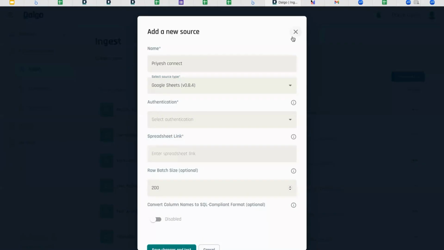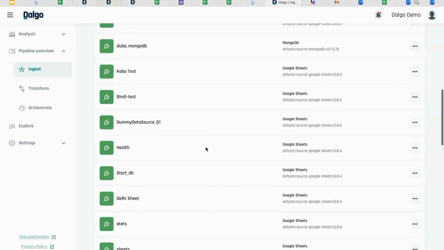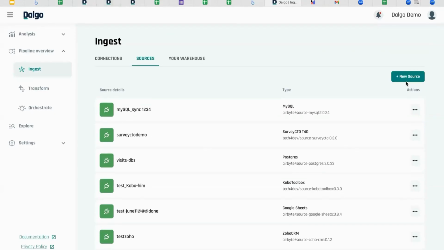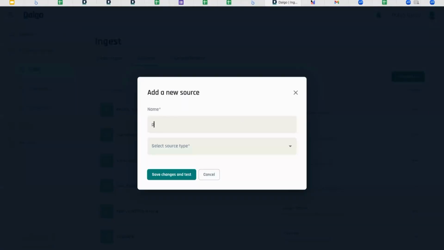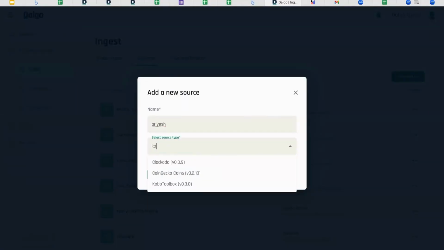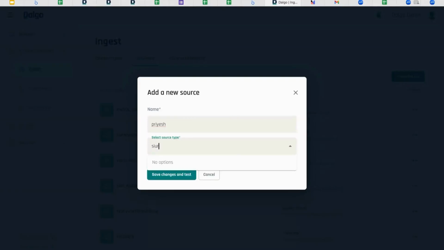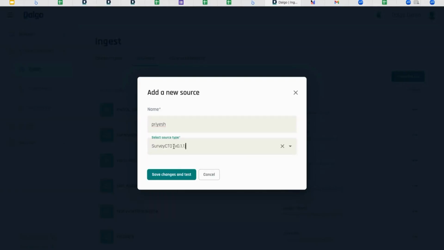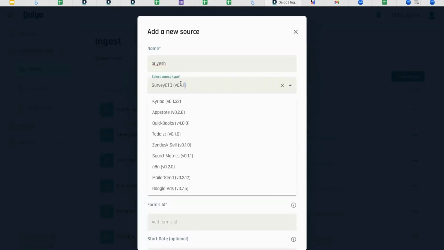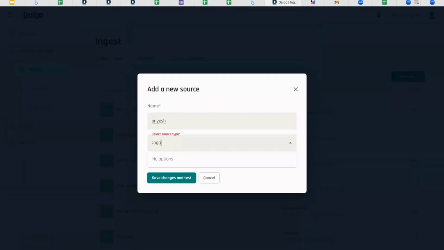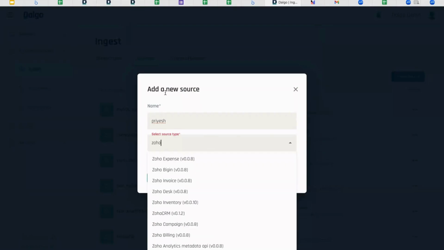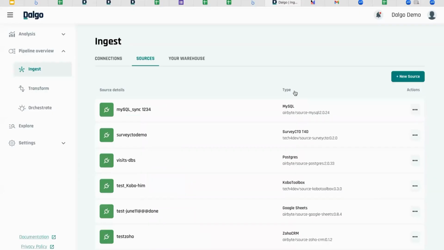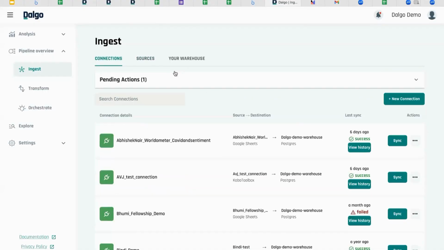So after that connection happens, we save the changes and we get the connection as we are seeing over here. It can be Kobo, it can be Survey CTO, similarly the fields will open up जितनी भी हैं, it can be Zoho, Salesforce, etc. तो जितना भी डेटा टूल्स, मोस्टली जितने भी हमारे ऑर्गेनाइजेशंस इंडस्ट्री में यूज़ कर रहे हैं, हमने ऑलमोस्ट सबके साथ कनेक्शन बना के रखा हुआ है।